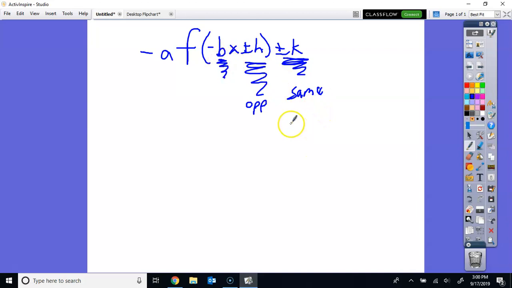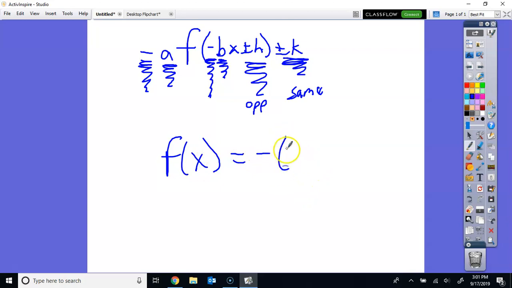This number right here is a horizontal compression if it's a bigger number, horizontal stretch if it's a smaller number. This negative here, if it's not negative, it doesn't do this. But if it is negative, it flips across the y-axis. This number, if it's a bigger number, stretches it vertically. If it's a smaller number, it compresses it vertically. If there's a negative out in front of the whole function, it reflects it across the x-axis. So all of these numbers give me the ability to look at a function